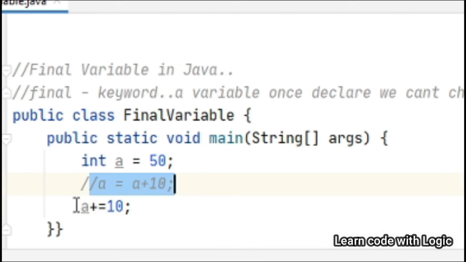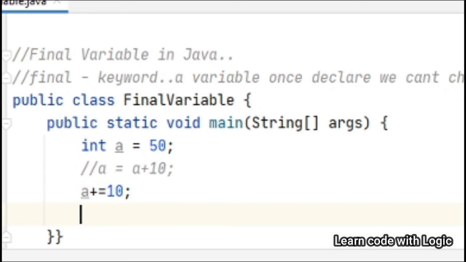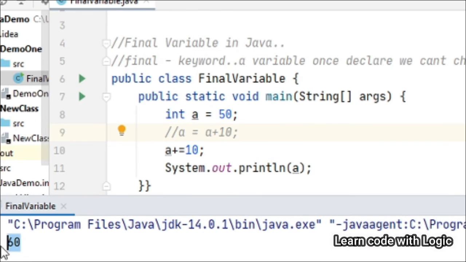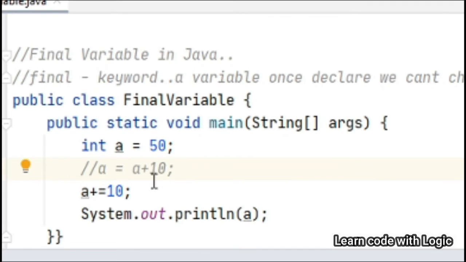Both this one and this one are the same. Let's print now. Now let's see, a equals 60. So initially the a value is 50, right? Now we increase the value, so we will get 60.